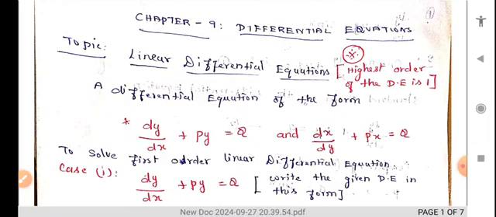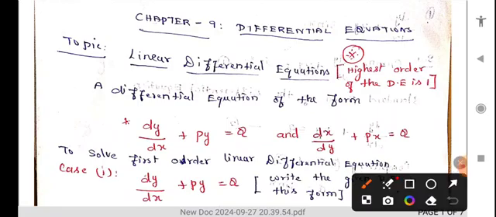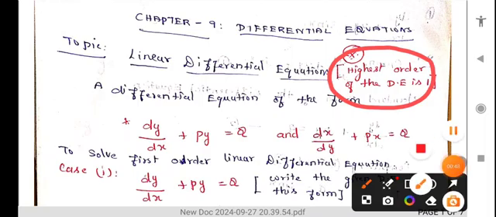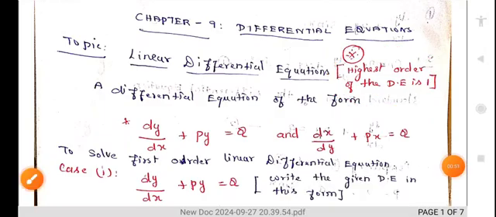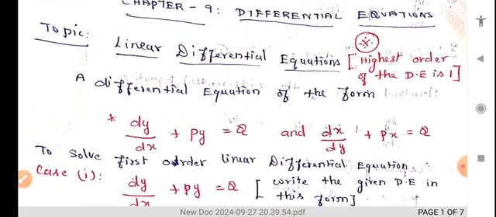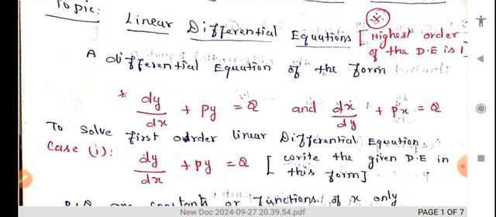Okay. So a linear differential equation means any differential equation whose highest order is what? 1. That is called a linear differential equation. Okay. So please understand clearly: any differential equation having highest order 1, we can call it a linear differential equation. Here we can have such forms, because we are going to see the linear differential equation